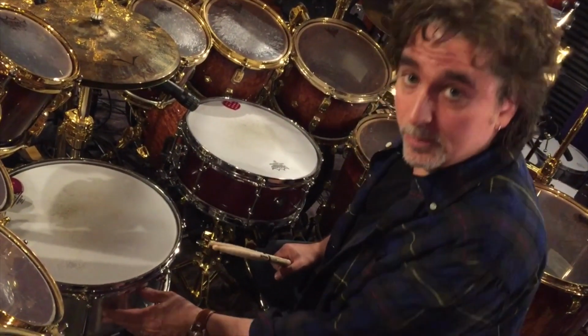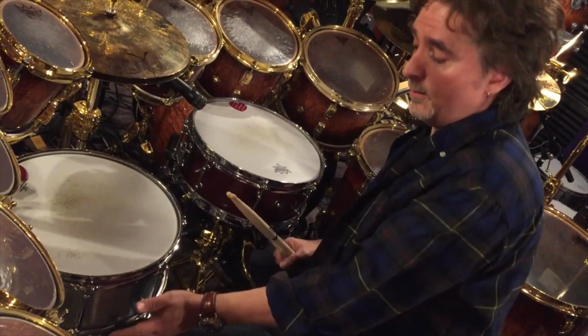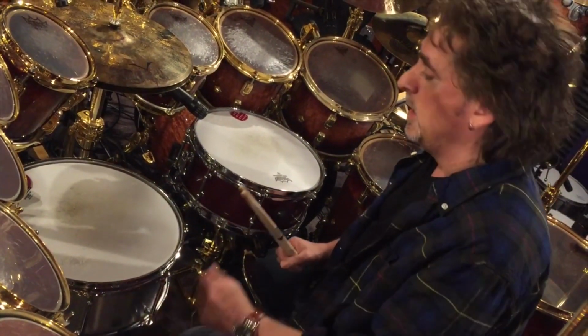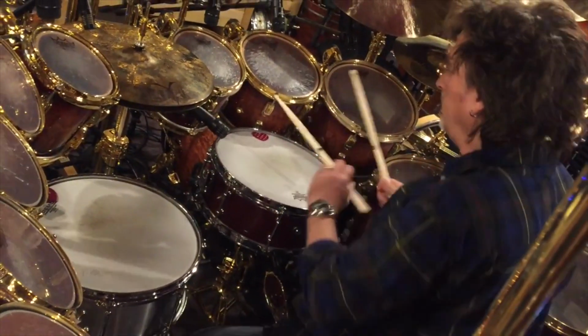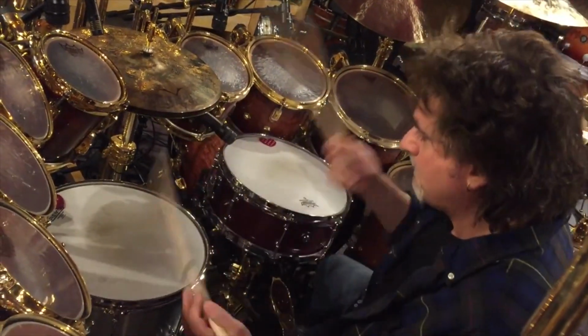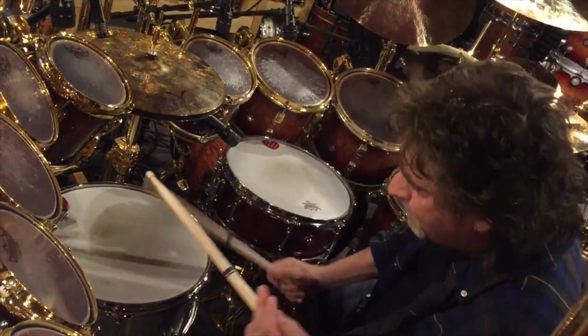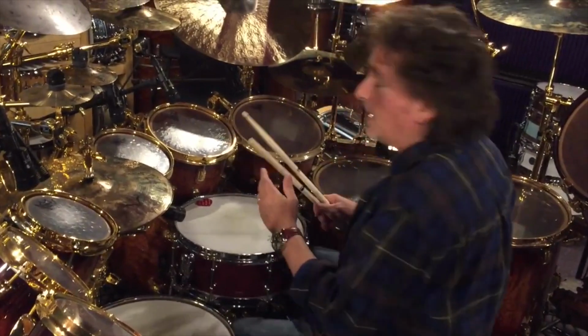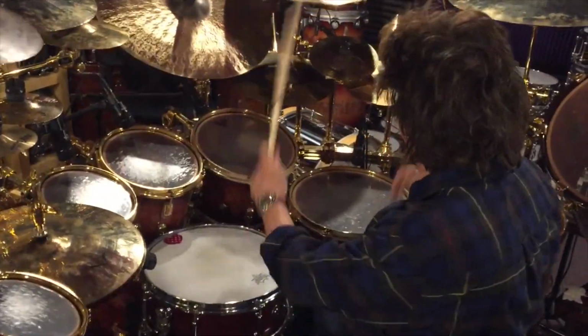This one is aluminum, which is machined out of the V8 cylinder head of a 1973 Rolls-Royce Silver Shadow. So this is tuned higher, this is tuned lower. So we have a variance between the two sounds, and the main groove of the song is kind of like...